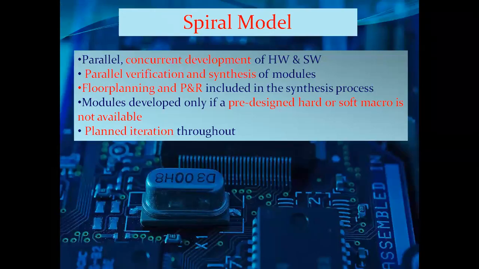The last time we had talked about the spiral model, which was based on the parallelism or the concurrency of hardware and software. So it was using the parallelism between the different phases, wherein the four important phases were the hardware phase, then next was your physical design phase, your timing phase, and your software phase. So all the four phases move parallelly from one stage to another, which helped address a few of the issues, but still we had certain shortcomings or problems in this model.